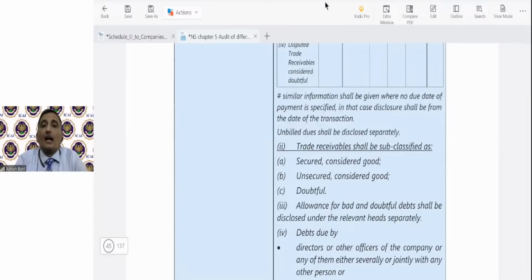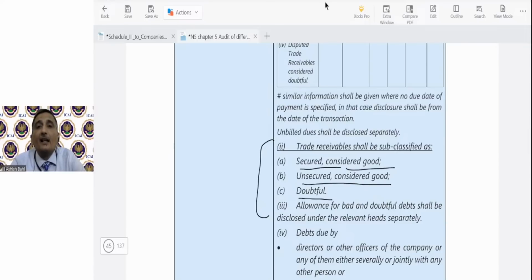And trade receivables shall also be classified as secured considered good, unsecured considered good and doubtful. इसके अलावा भी इसकी क्लासिफिकेशन देनी है कि जो टोटल ट्रेड रिसीवेबल्स हैं, से कंपनी के टोटल ट्रेड रिसीवेबल्स 1 करोड़ है,